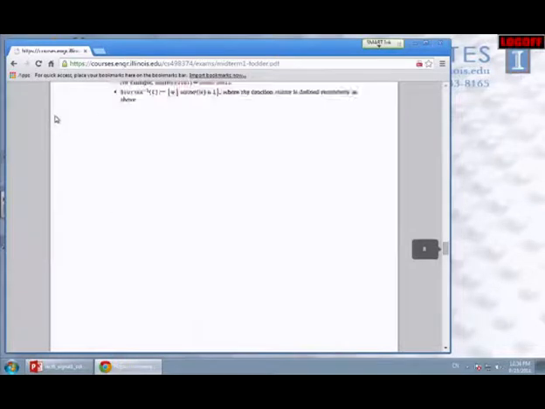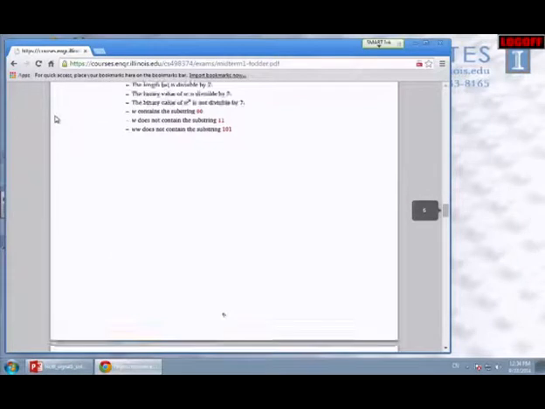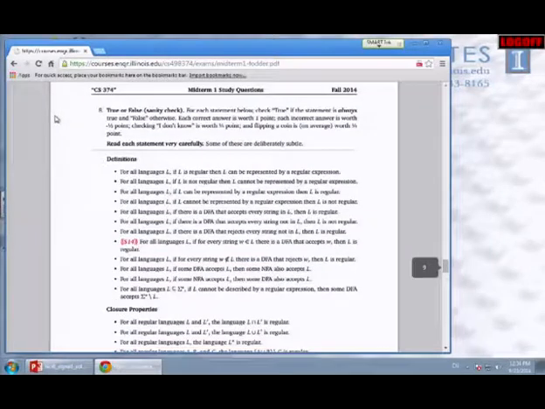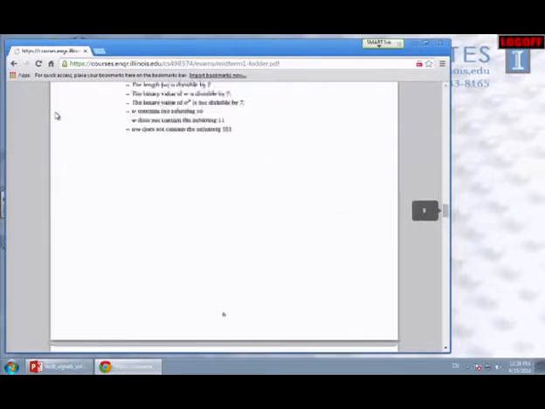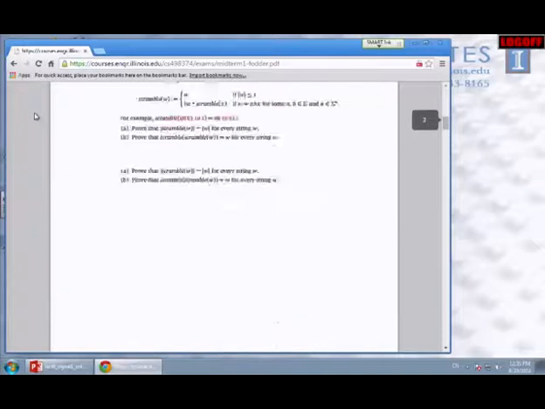One thing I would recommend: there's a bunch of different kinds of questions here. In particular, number 8 here lists a bunch of true-false things. There will be a list of true-false questions as one of the problems on the exam with the grading scale you see at the top of the page there. For everything else, what I would recommend is pick one at random from each, and then try to answer them under as close to exam conditions as you can. And that will give you some idea where